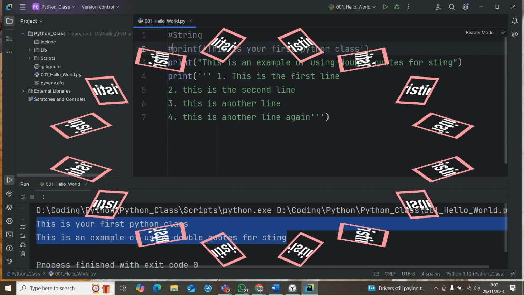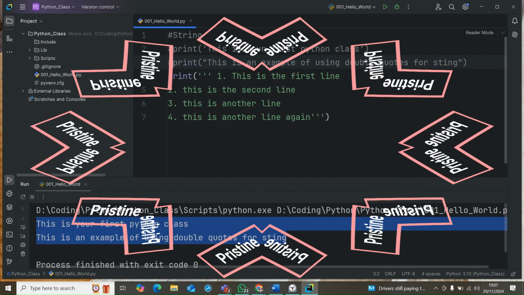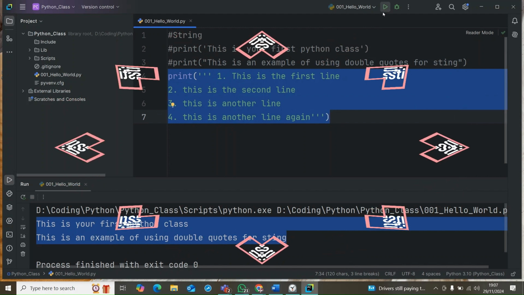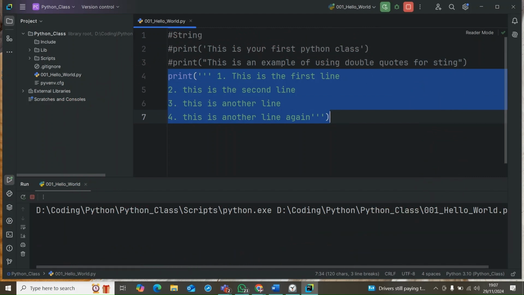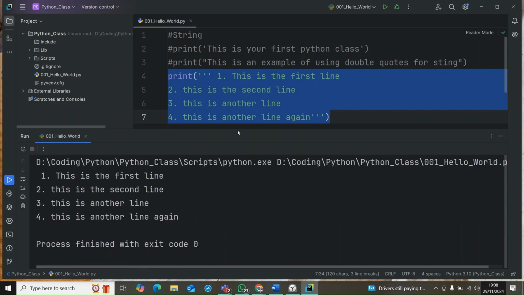I don't want this to run, so I comment it out. If I click run now, we'll see what is going on there, right? I click run. So you can see it goes, this is the first line, this is the second line. Let me bring it up so that we can see clearly. This is the first line, second line, third line, and so on and so forth. So that's how